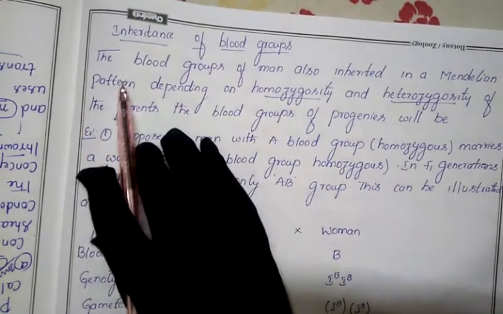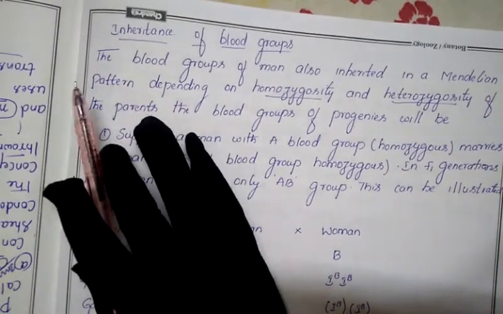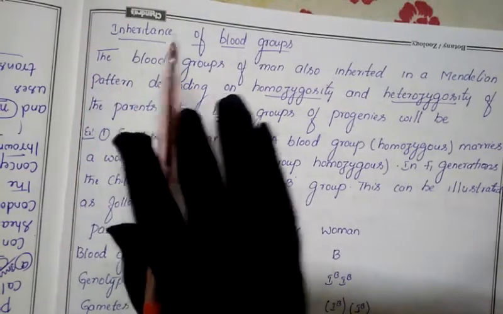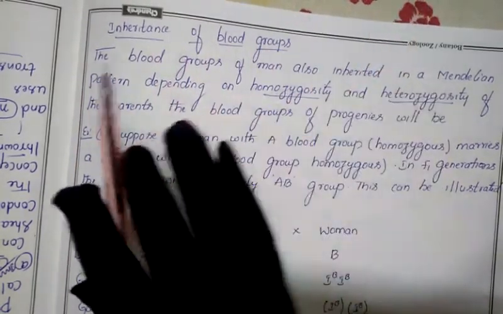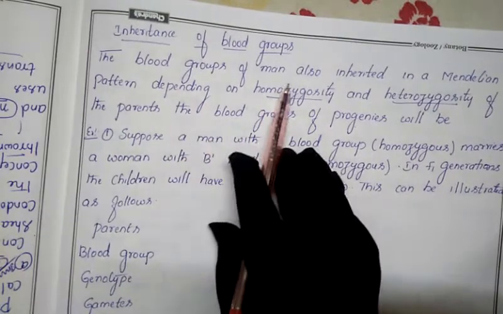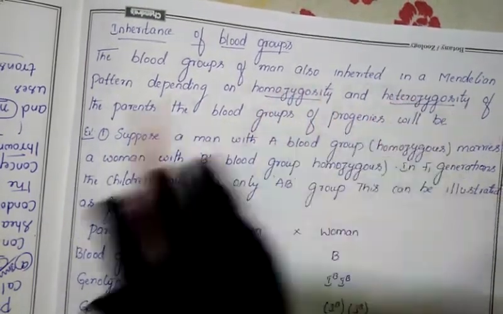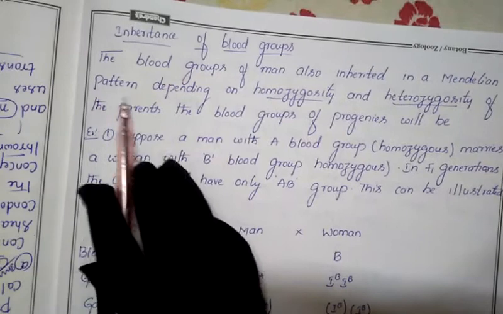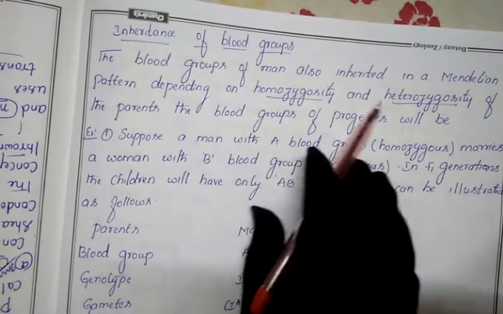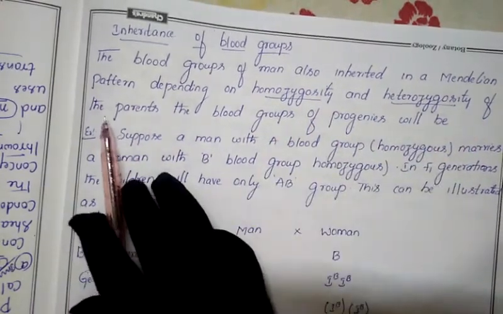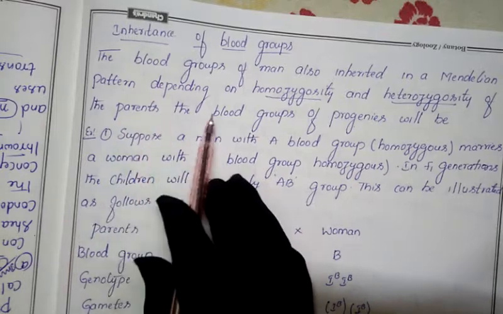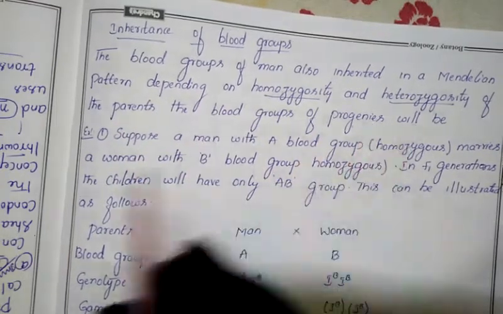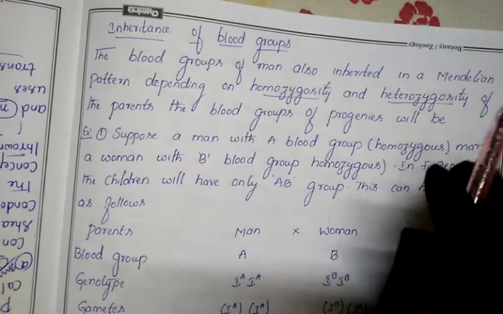Inheritance of blood group. What is the blood group of the parents, and what type of blood group will appear in the offspring? The blood group of man is also inherited in a Mendelian pattern, depending on the homozygosity and heterozygosity of the parents. The blood group of the progeny will be...